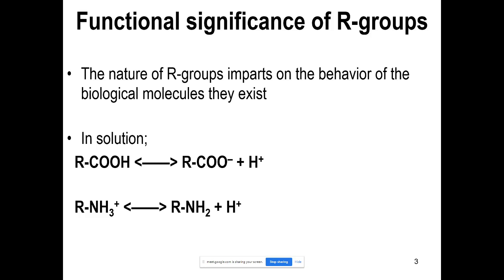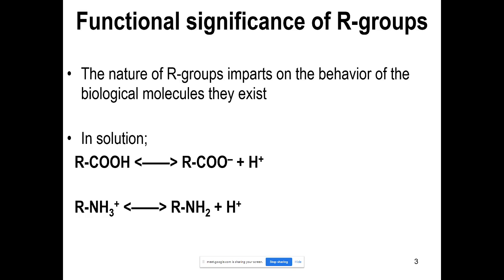The R group is what we call the alkyl group. It is that group which attaches to the functional group. So the nature of the R groups and the functional groups will impart on the behavior of the biological molecules